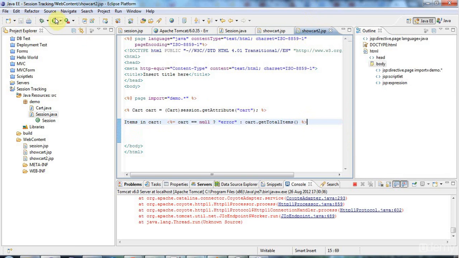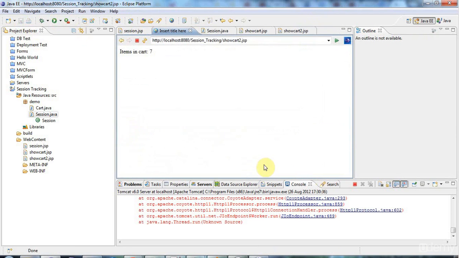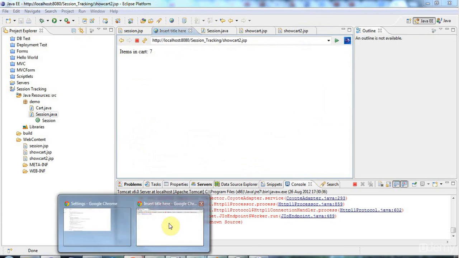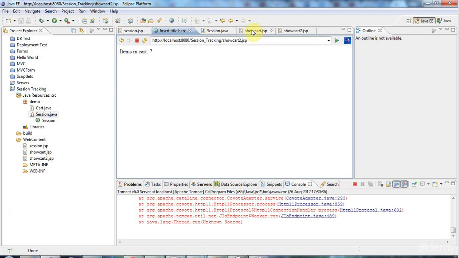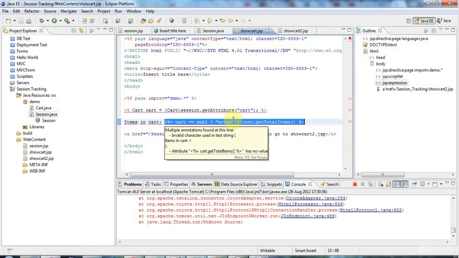So now if I just start this, restart Tomcat here, let's go to Chrome, and I'll go to this URL, and if I go to showcart2.jsp, it tells me error, so it's telling me the cart is null. So at least I've handled the error gracefully. But now what we want to do is fix it properly, and the way to do that is you